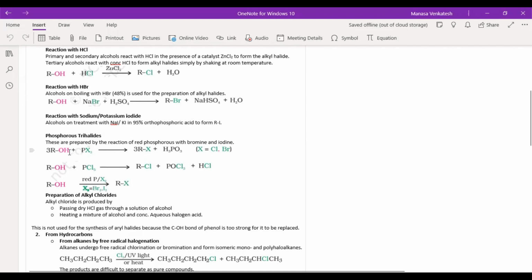So here you have ROH, that is the alcohol, reacting with phosphorus trihalide to give us the alkyl halide. The X can be chlorine or bromine. In case of reaction with PCl5, it leads to the formation of the alkyl chloride as the product, as well as POCl3, as well as HCl. And POCl3 is actually